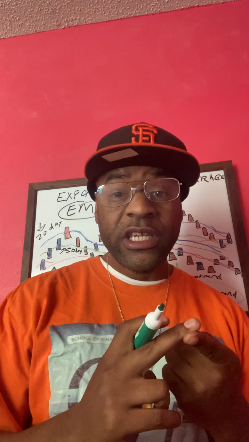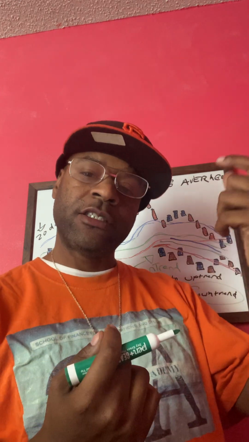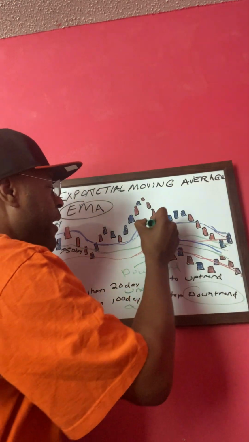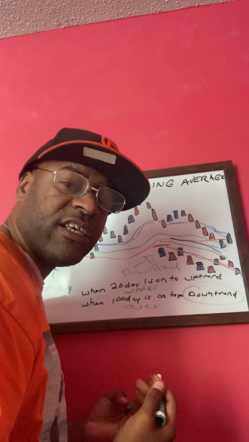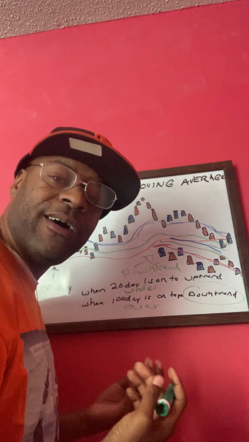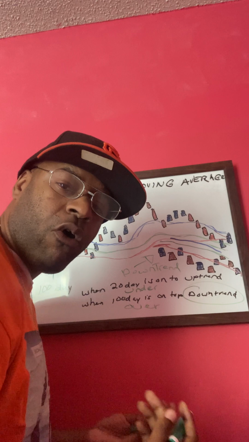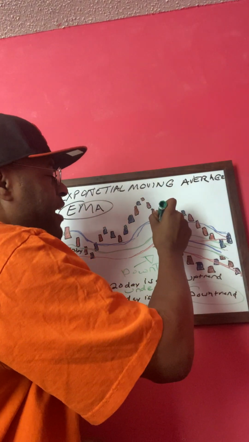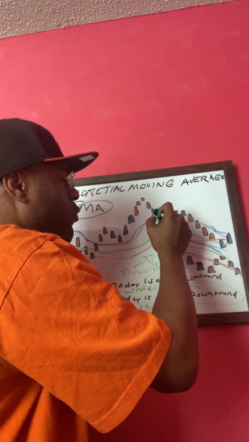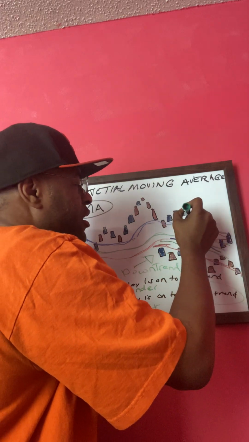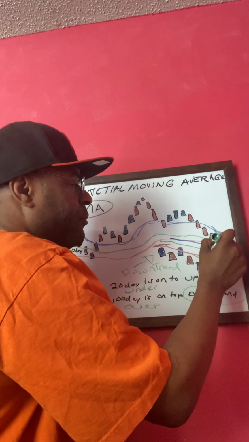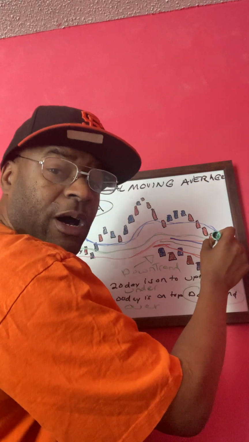and your 20-day is on top of both your 50-day and your 100-day, you with me? It's typically going to be under price. You understand? Like right here, it's under price. You understand? Now, this is further confirmation of an uptrend, the fact that it's a strong uptrend. Now, even if it pulls back to this line, so meaning even if it goes down a little bit, even if it goes down all the way, even up to here,